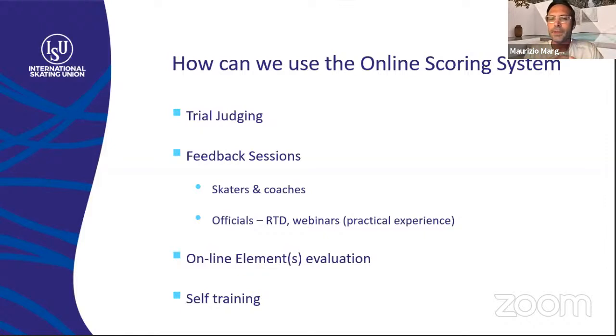So personally, I felt this process very, very nice for the coach and for the skaters. My skaters were very, very happy, and they appreciated a lot the fact that they can see what they were doing and commentating with the panel and the judges, the referee actually in that case. Personally,